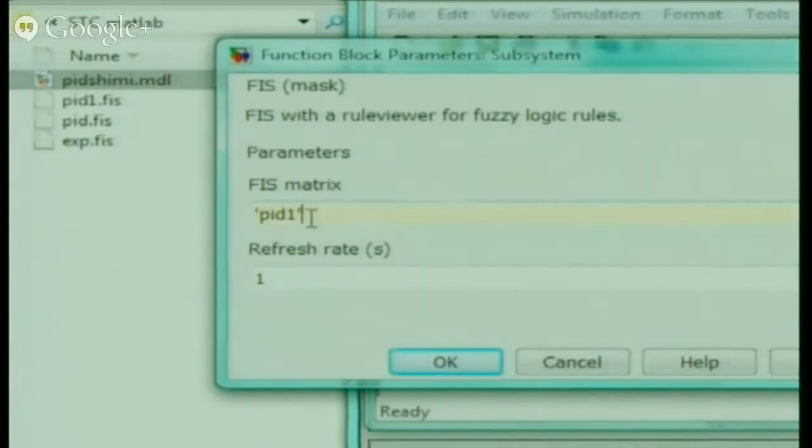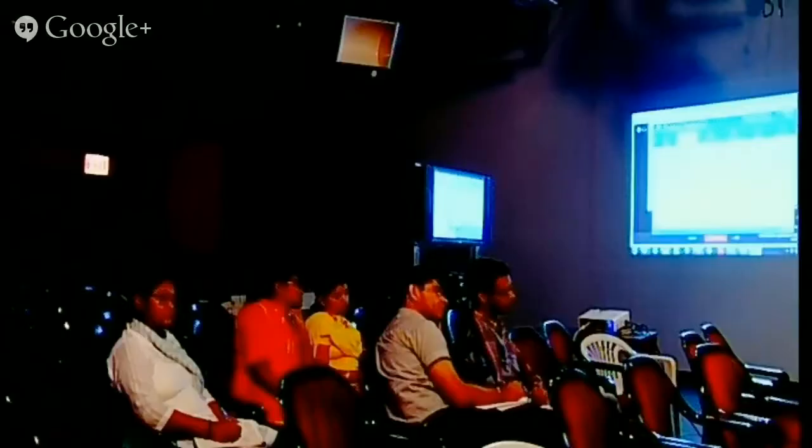Other thing is, if you have saved it in some folder and you have given it here within single quotes, always remember the path should also be set properly. You know how to set the path, is it? See, this is the place you set the path. So your program should be in the proper path, otherwise an error will be there. So this you have to remember. I think you understood it.